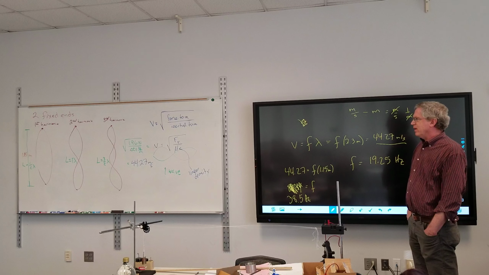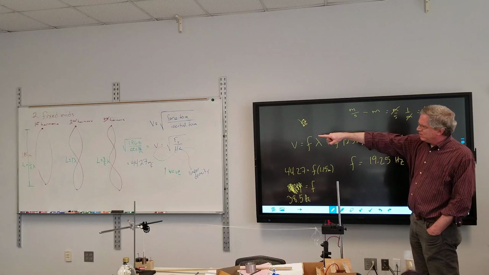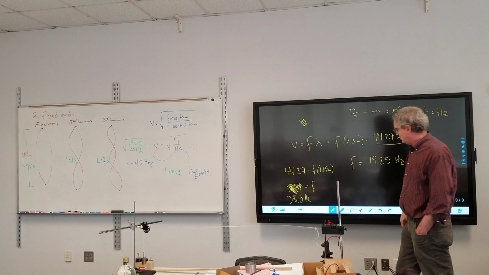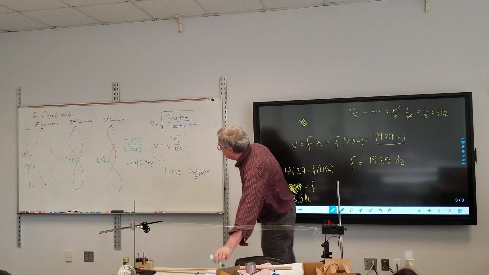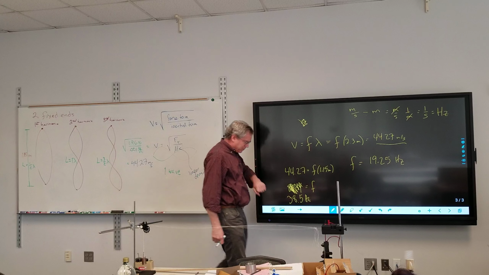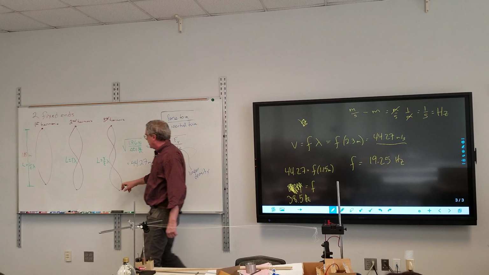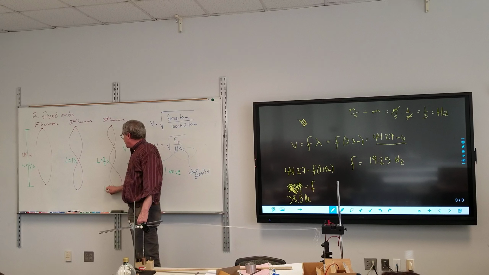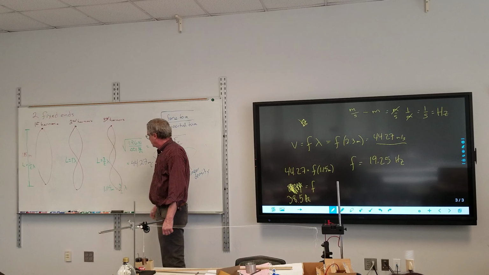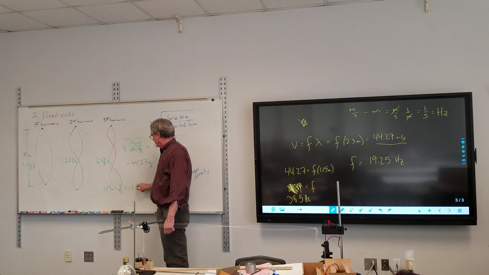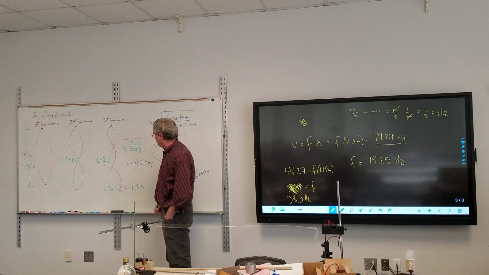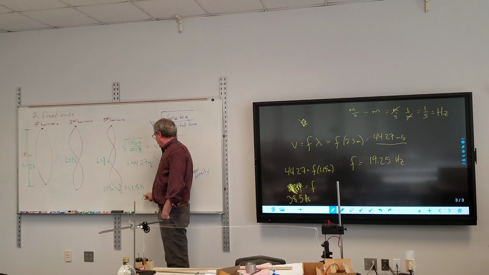The wavelength, I know that the length, the 1.15 meters, is 1.5 waves. So in this particular one, I have 1.15 meters is equal to 3/2 of a wave, or 1.5 waves. Depends on if you're a fraction or a decimal fan. And so the wavelength is